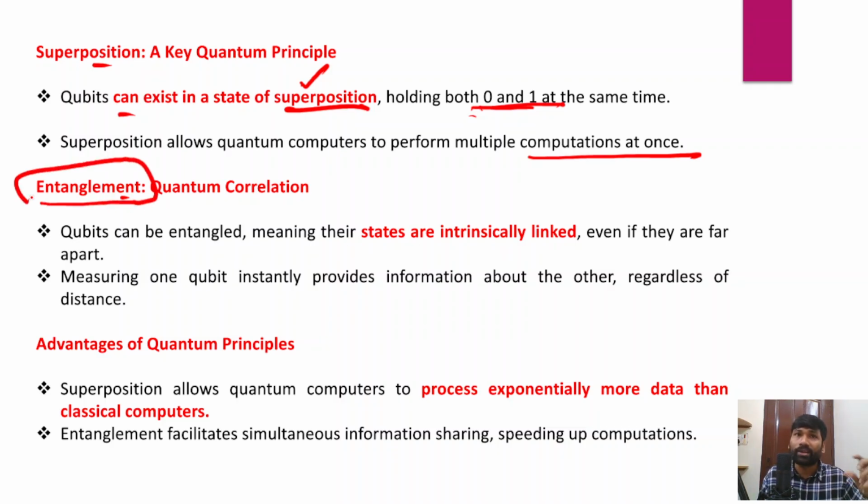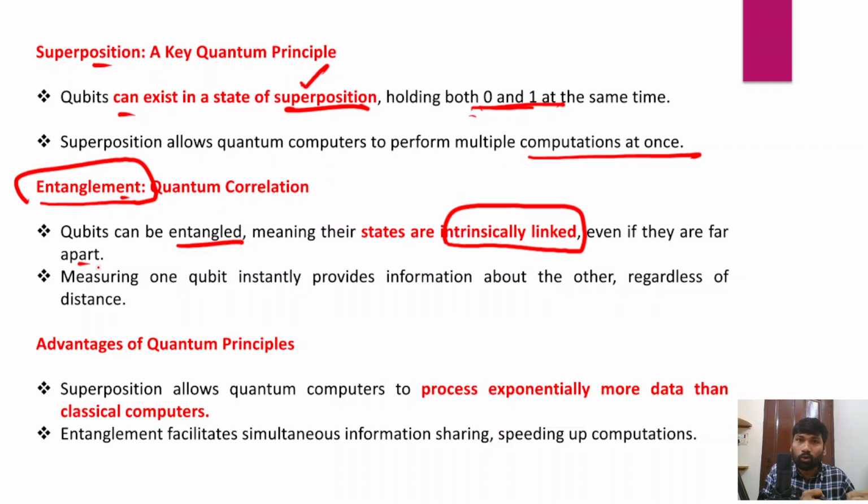So it is also important to understand entanglement. Qubits can be entangled, which means their states are intrinsically linked even if they are far apart. That is what is known as quantum entanglement. For example, imagine there are two coins, far apart, and if you flip one coin, you get one face of the coin, and even if the other coin is far away, it also represents the same face that we see here, right? So that is what is called entanglement, right?